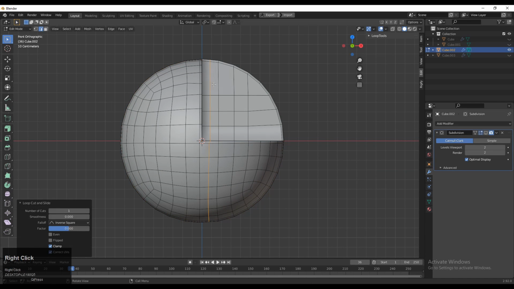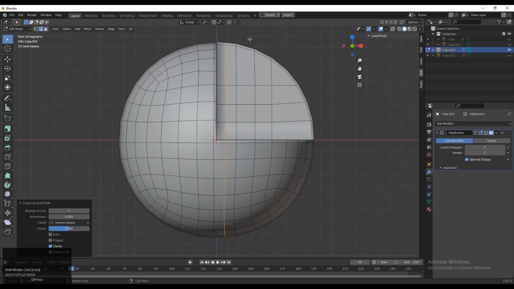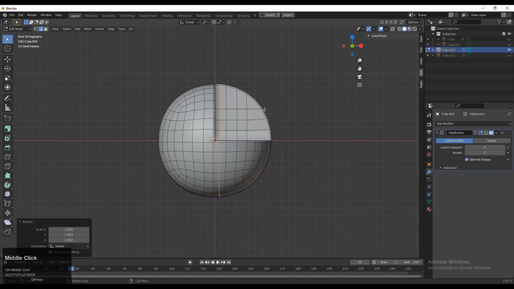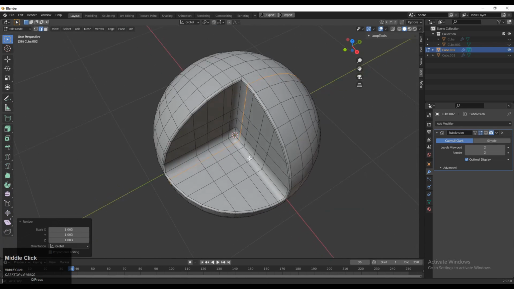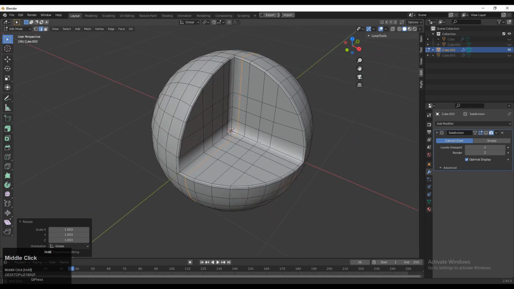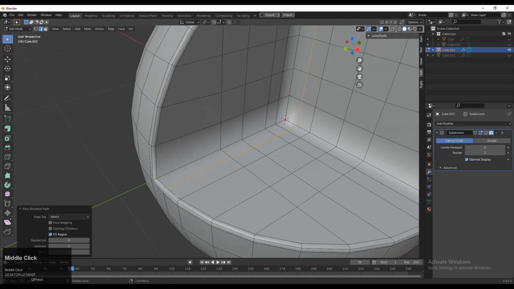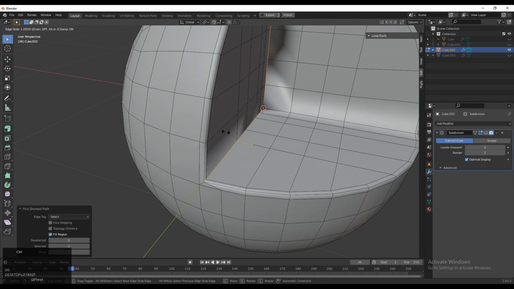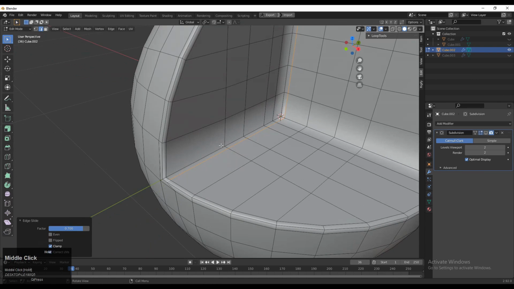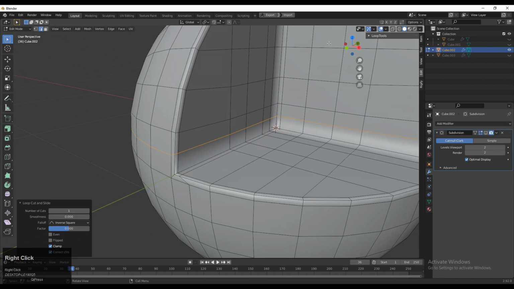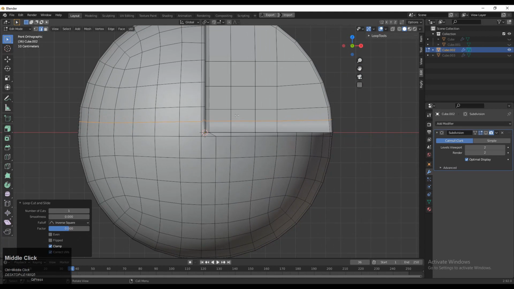Then add a loop cut here, and then same thing, press Alt S to scale it along the normal and just maintain the form, that circular form, spherical form. If you see from the orthographic view, then it will be circular, otherwise it's spherical. Then you need to select this edge loop and double tap G for the edge slide, so we can create those harder edges from the inside of that boolean.